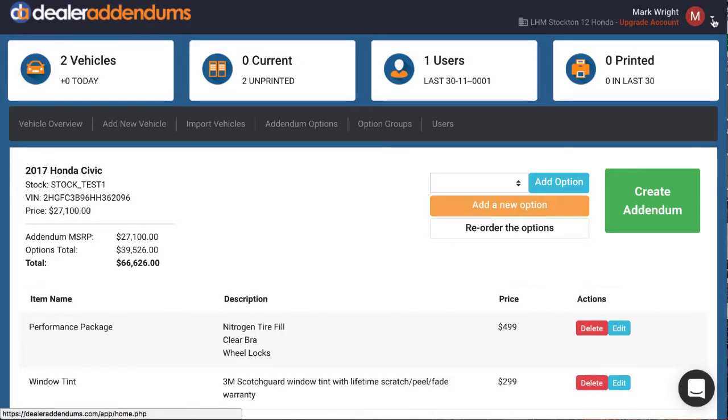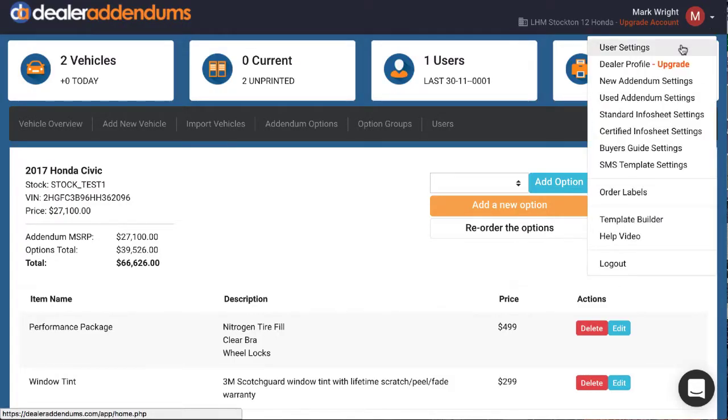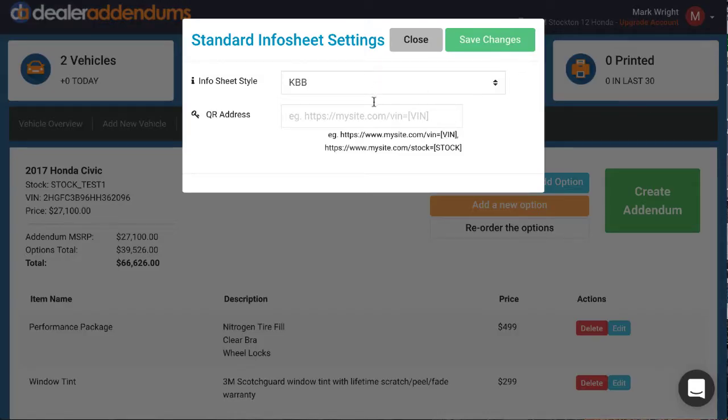Info sheet templates are very similar. If we just click on the dealership name, go down to Info Sheet Settings. Kelly Blue Book is kind of the standard one. Let's just put in